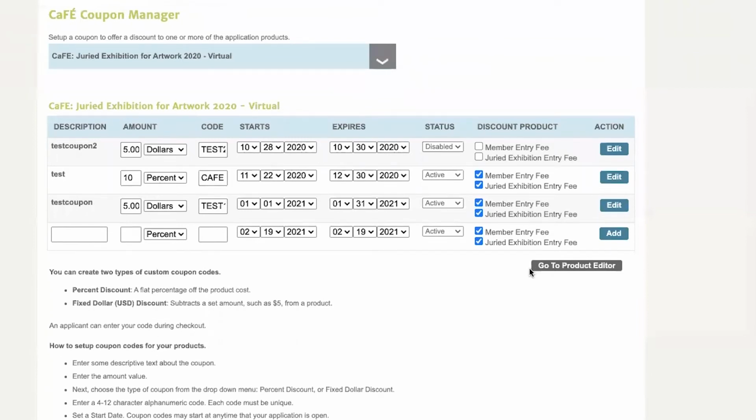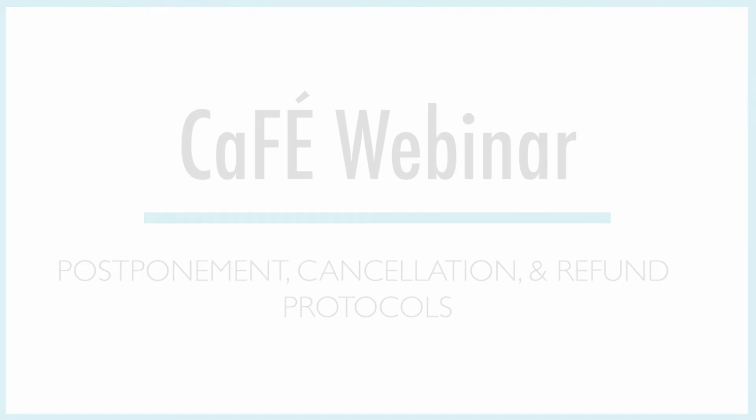Once the artist has the coupon code, they can enter it in the box that appears when they select the entry fee at checkout. One thing I'll mention is that if they have any problems with the coupon, they should reach out to you or our artist help desk before they submit their entry. I know you can't determine whether or not they do that, but you can also just let them know when you give them the coupon to not submit their entry until they've successfully applied the coupon. Coupons can't be retroactively applied without refunding the artist, so it's best to address those technical issues beforehand.